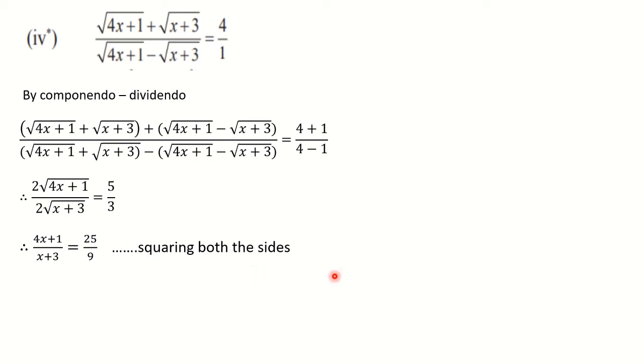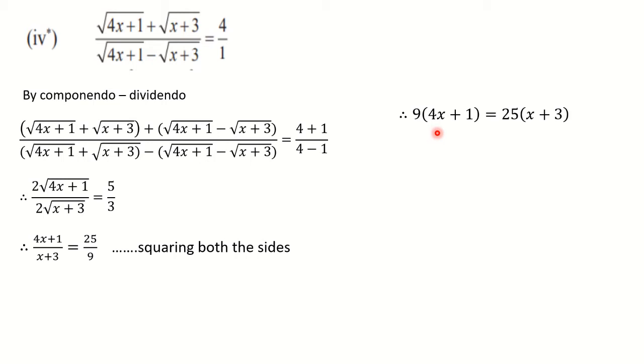Previously this question was given as homework. If you have not solved it and if you want to solve it now, you can write it along with me. Or you can pause the video, complete it, and then start the video again. Now the next step, we have to go for cross multiplication. So again go for cross multiplication. What you will get here, see, this 9 is shifted here. So 9 inside the bracket what was on the numerator, and here 25 is there, so x plus 3 shifted here. Okay, so cross multiplication is done.